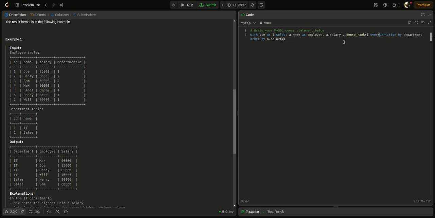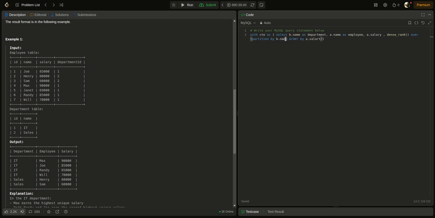Let's fetch the department name also here: b.name AS department. Okay, a.name AS employee, a.salary AS salary, DENSE_RANK OVER PARTITION BY b.name, because in the department table the department name is taken as department, so we take this b.name.